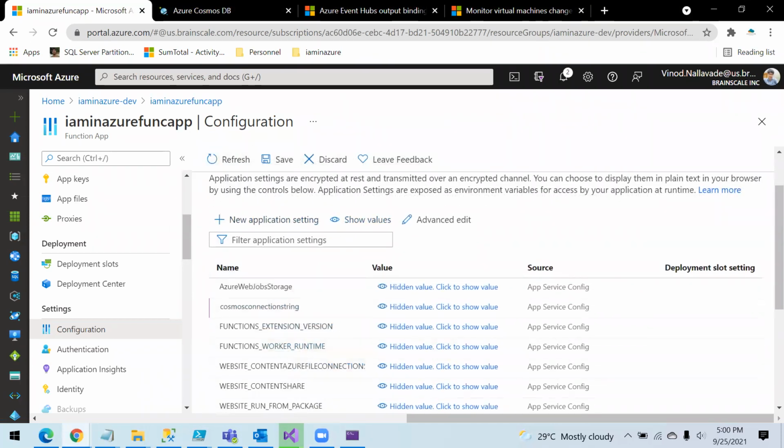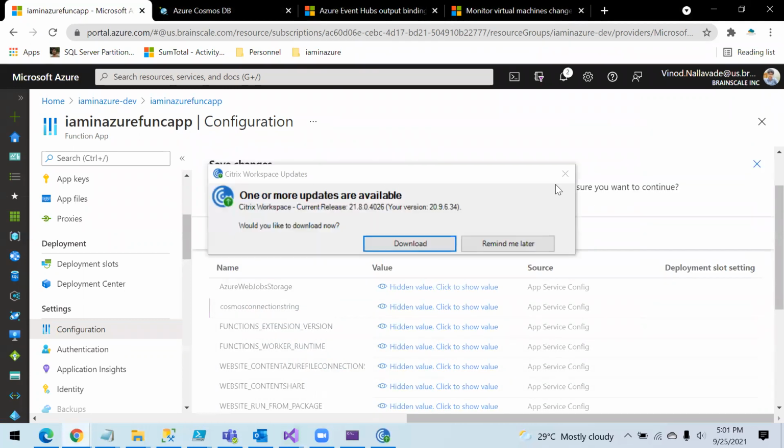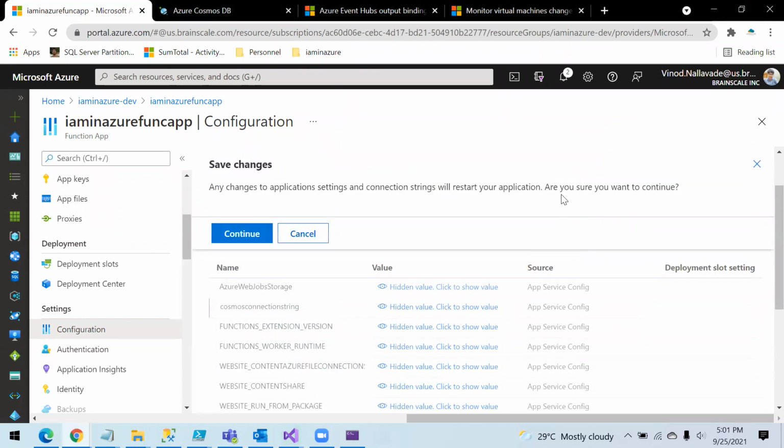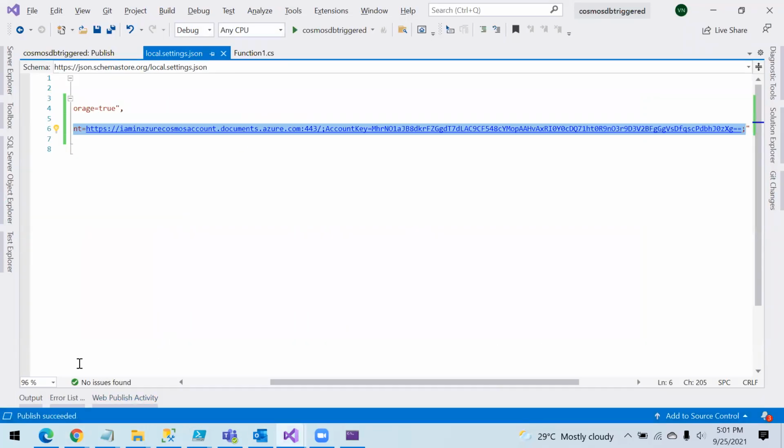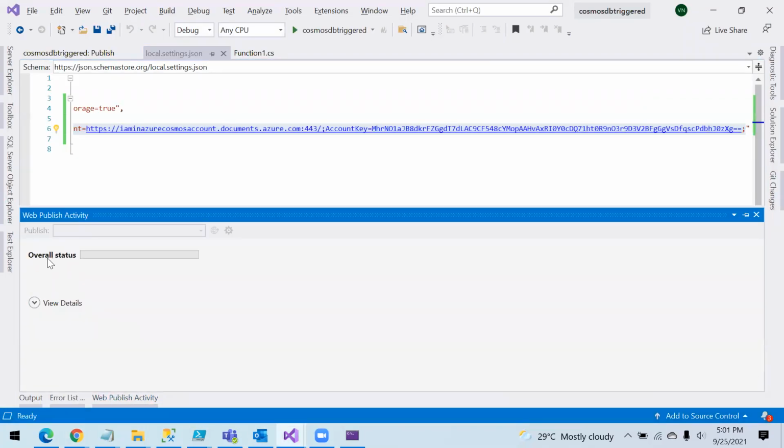So let's just publish this first, because while saving, this will ask you to remind me later. So this will restart your application, and I don't want to restart it while we are publishing this. So let's just wait for a minute. This publication activity is still in progress.